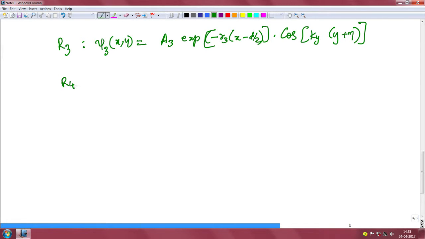And in the region 4 we can consider psi 4 of x comma y as A4 multiplied by exponential of,